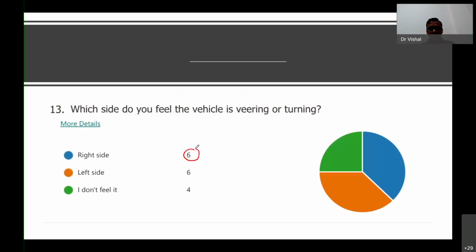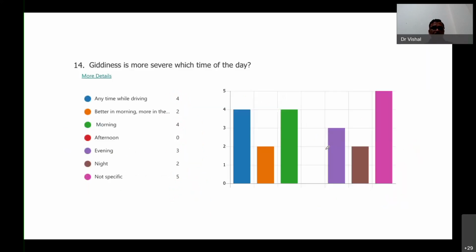Six participants felt the vehicle was veering to the right side, six felt that it was veering to the left, and four participants didn't feel any veering of the vehicle to one side. Giddiness,